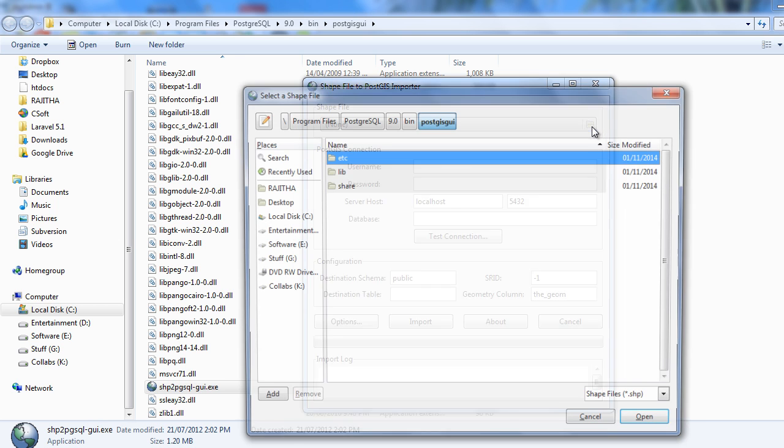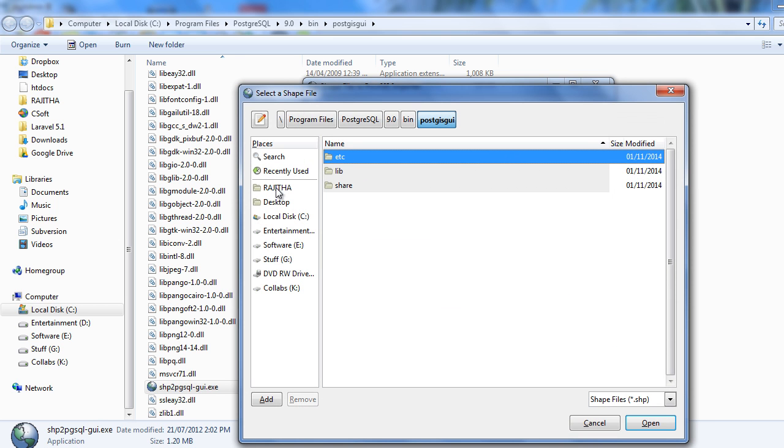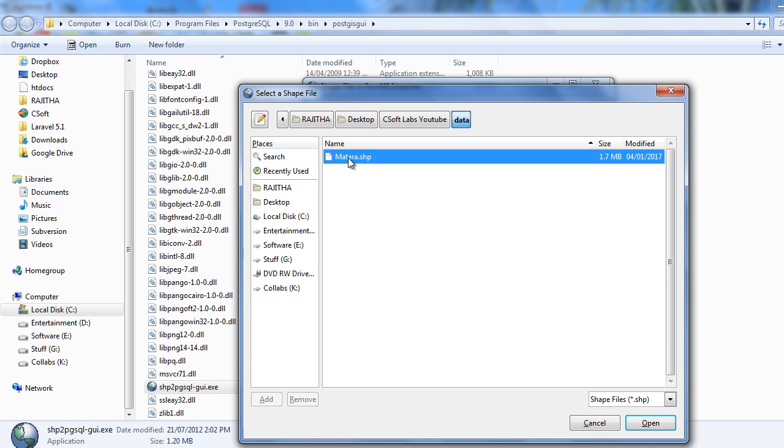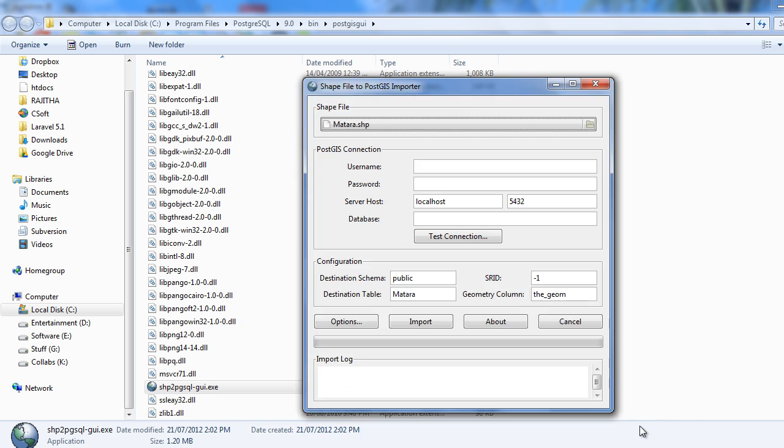Here browse and point to a shapefile. So here is my shapefile, and now enter your database credentials for your PostgreSQL database.